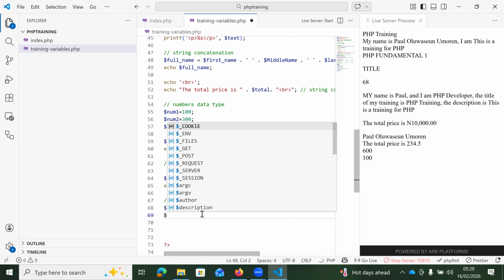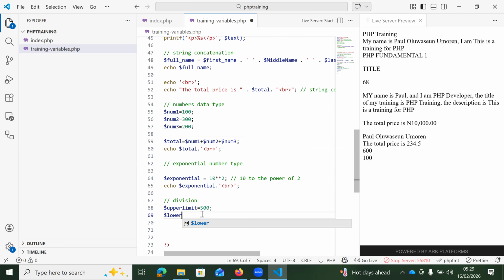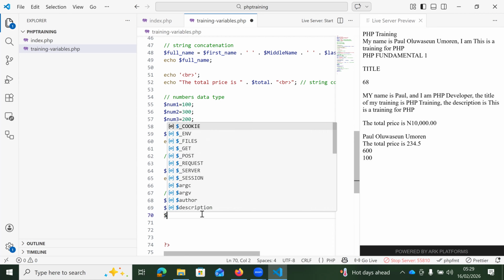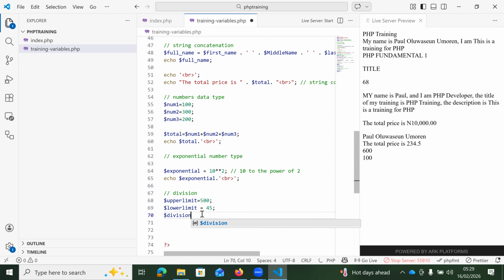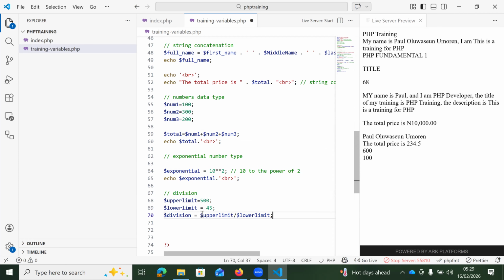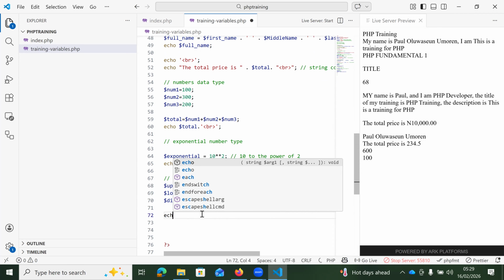We have lower limit equals to 5. Equals to the upper limit. You have the upper limit, then the lower limit. So equal,